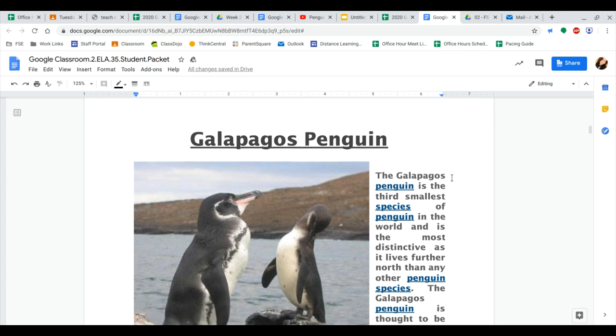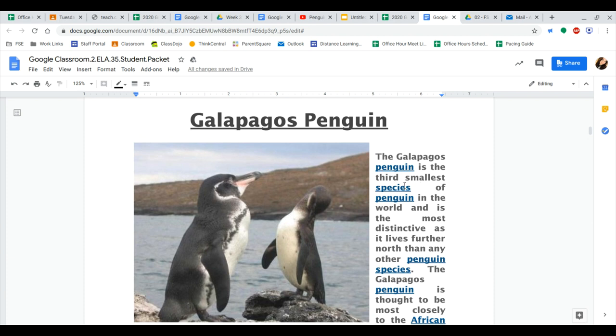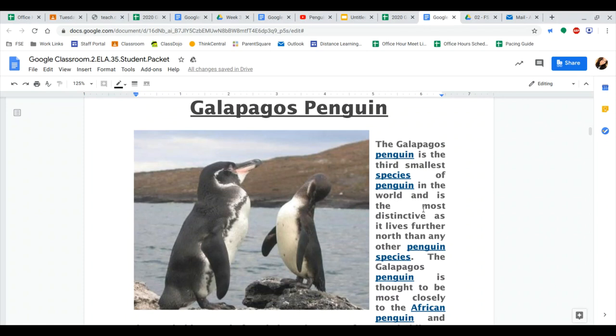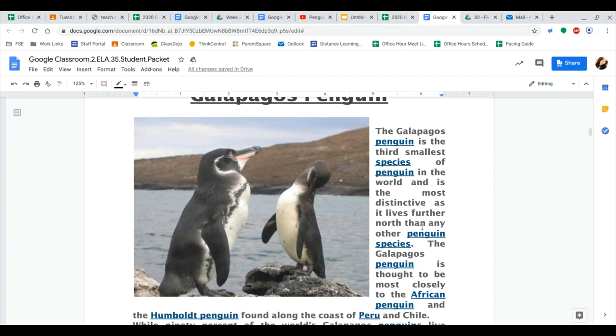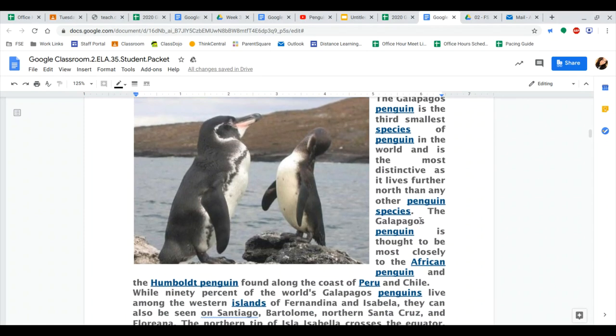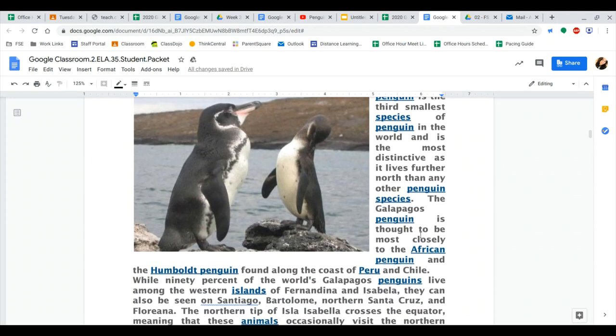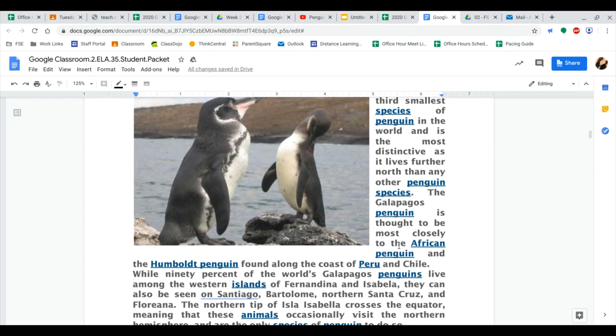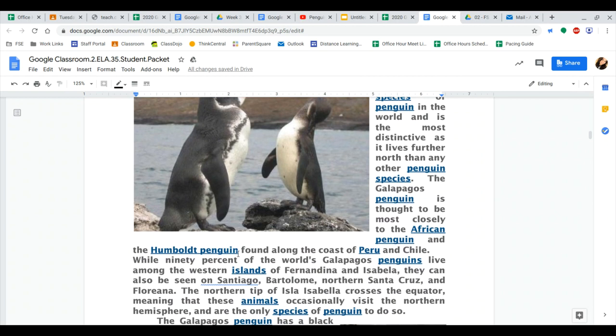Galapagos Penguin. The Galapagos penguin is the third smallest species of penguin in the world and is the most distinctive as it lives further north than any other penguin species. The Galapagos penguin is thought to be most closely related to the African penguin and the Humboldt penguin found along the coast of Peru and Chile.